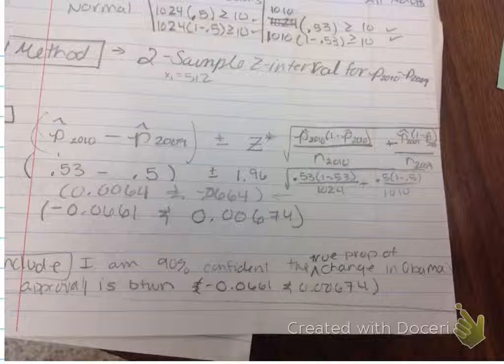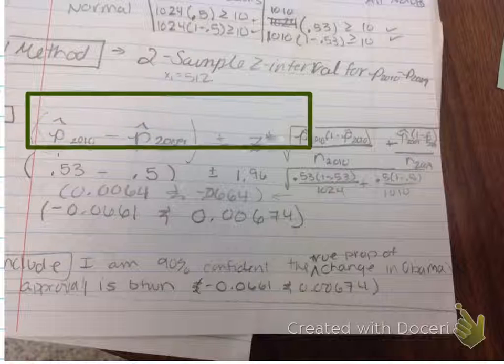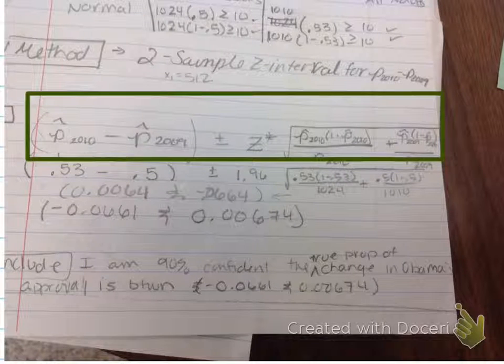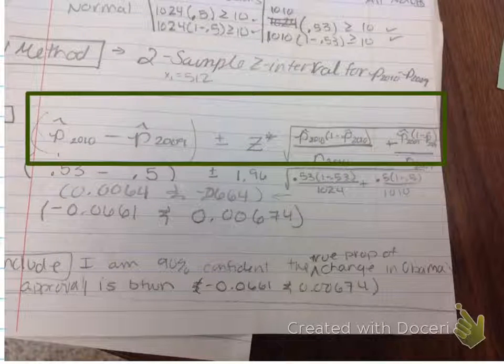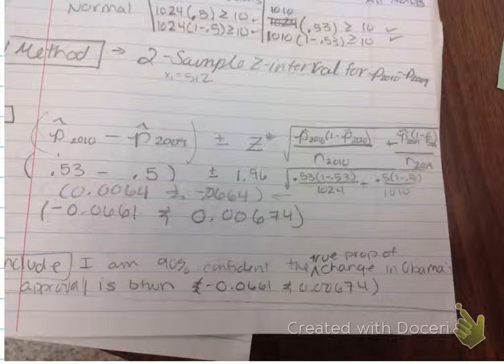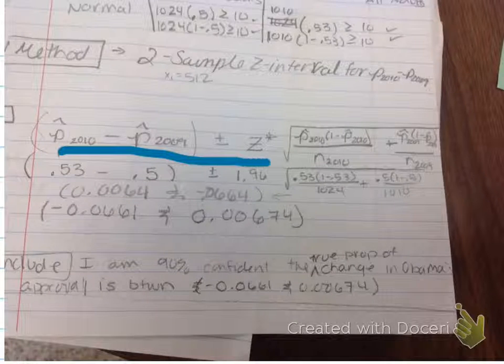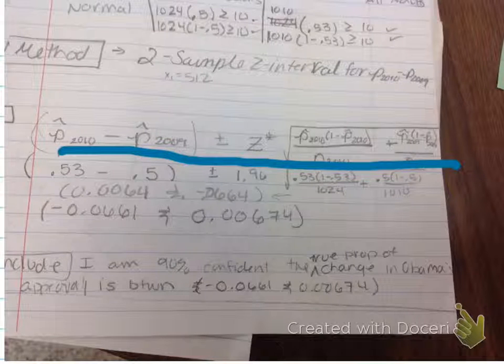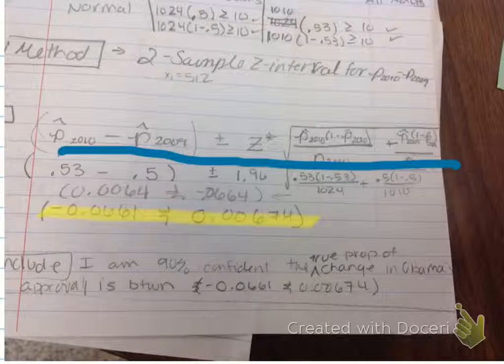After my method, take note that I wrote out what I need to do. So my interval is right here, okay? I then filled in all of the values. So 0.53 minus 0.5 plus or minus 1.96 times all of this, right? Now I want you to particularly notice this interval versus,